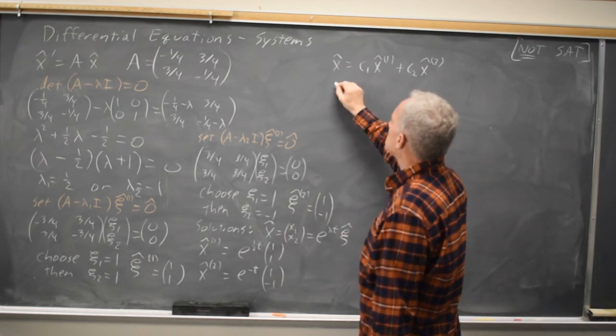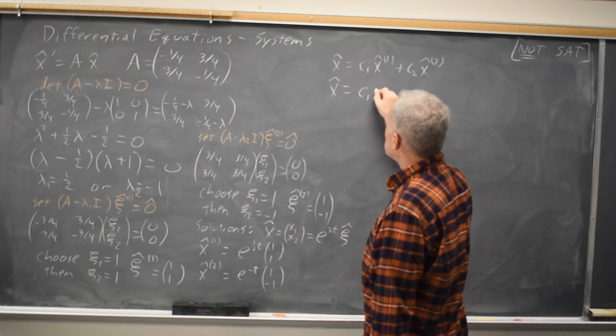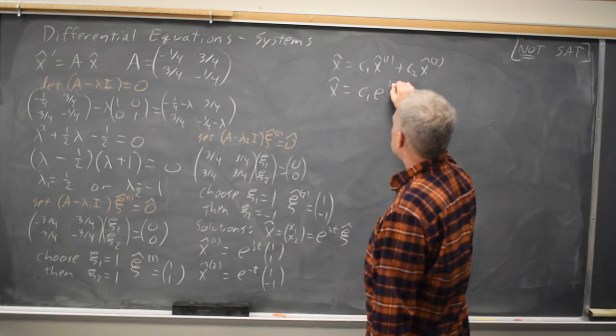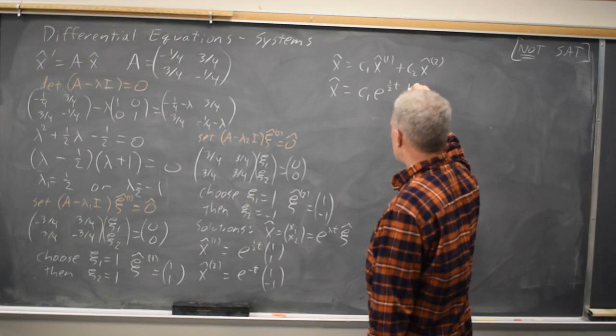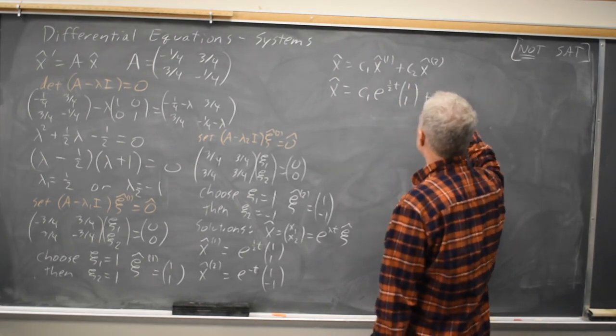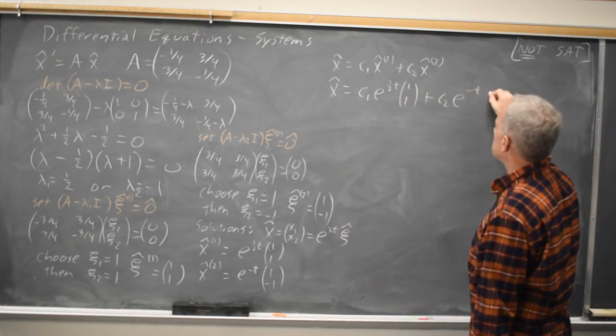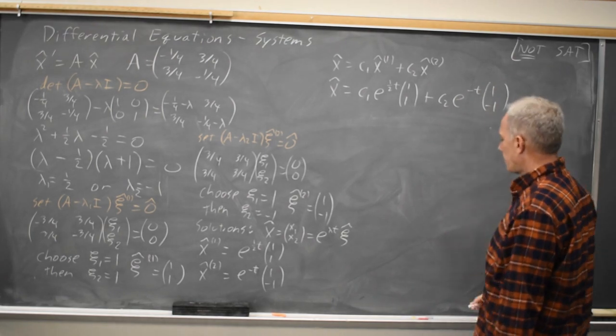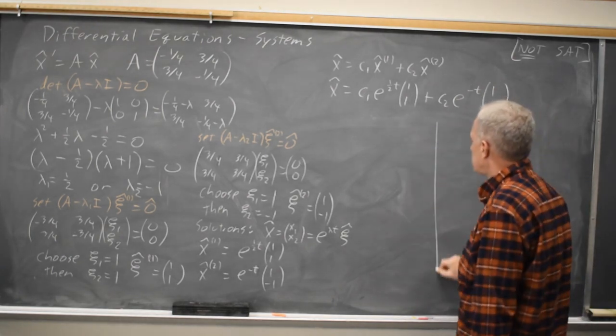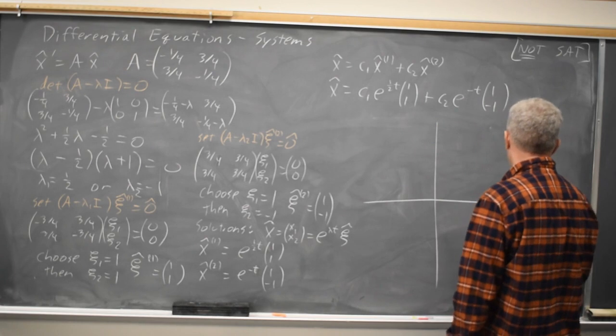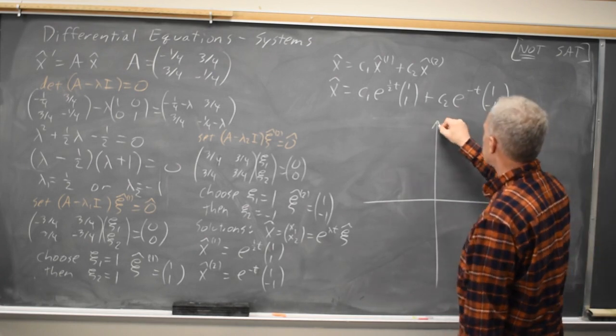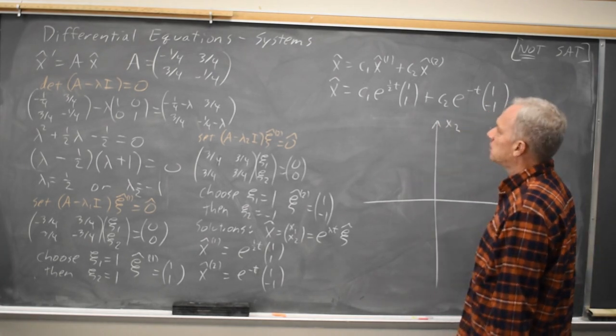And that gives us x equals c1 e to the 1/2 t times 1, 1 plus c2 e to the negative t times 1, negative 1. If you want to sketch the phase portrait for this in the x1, x2 plane, where x1 and x2 are the components of this vector x,